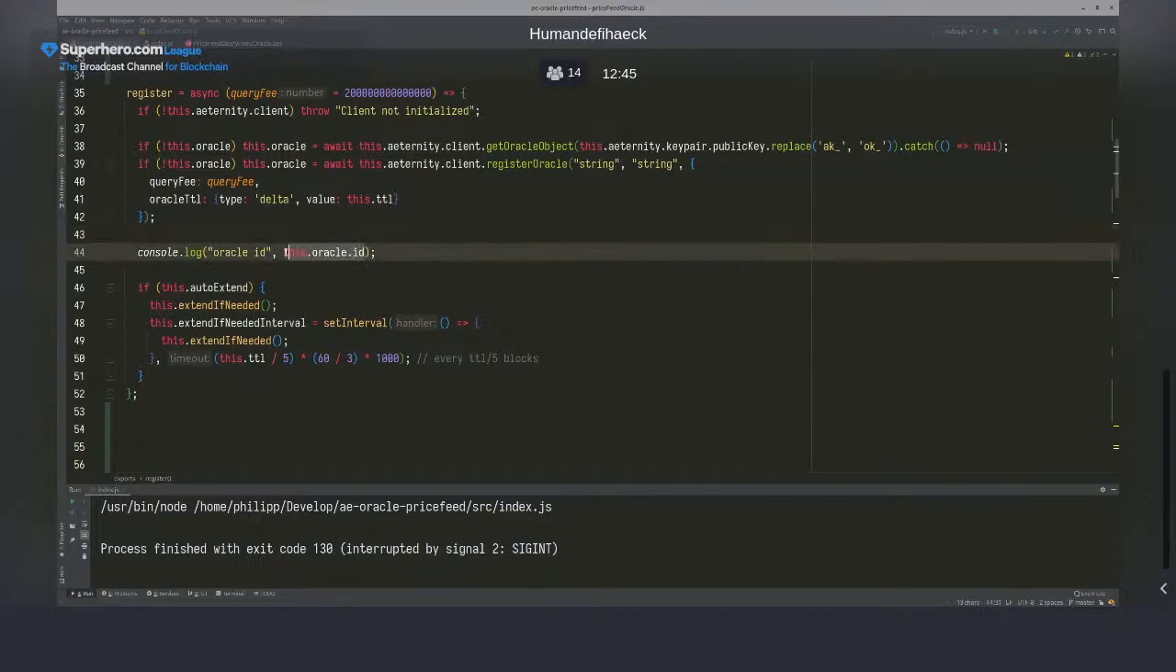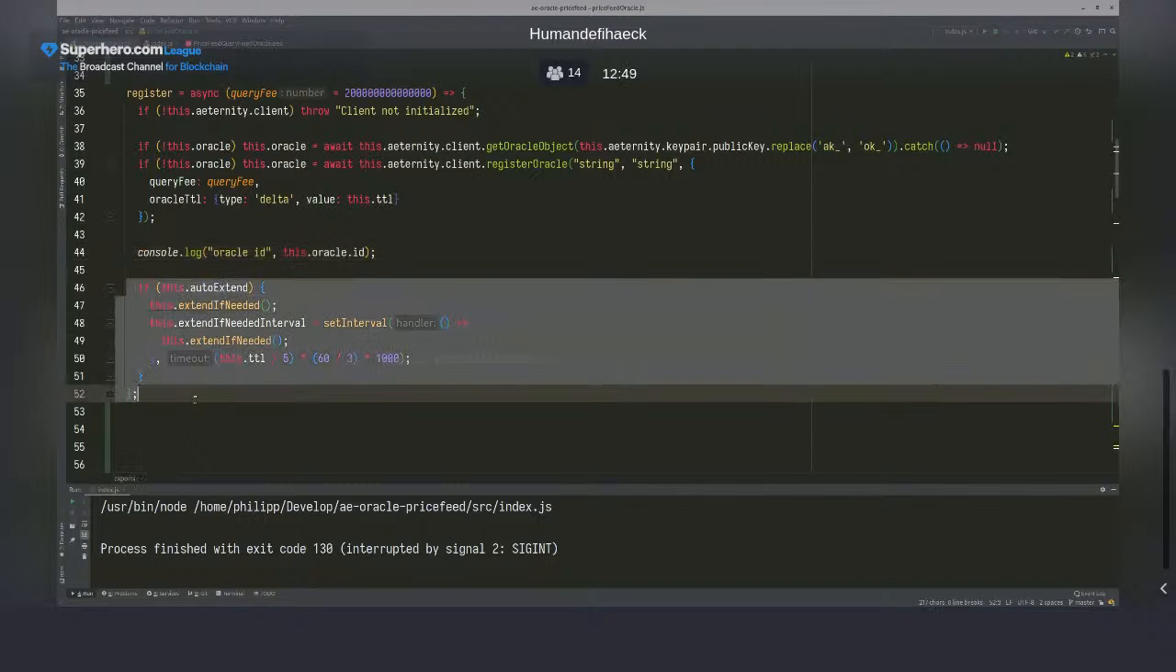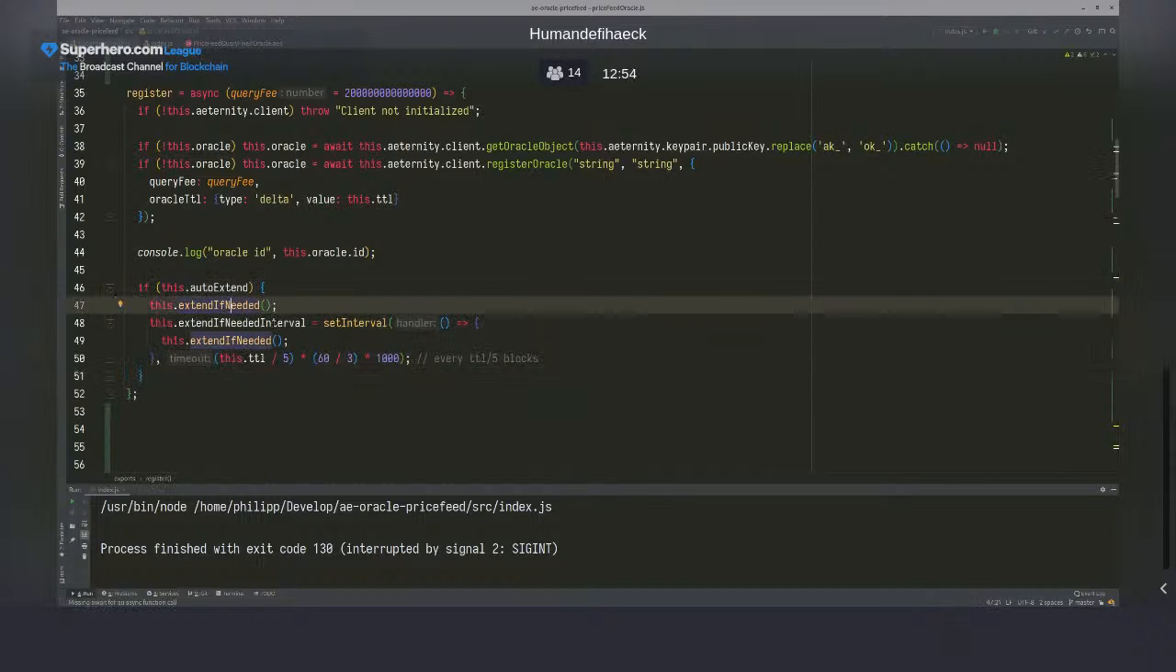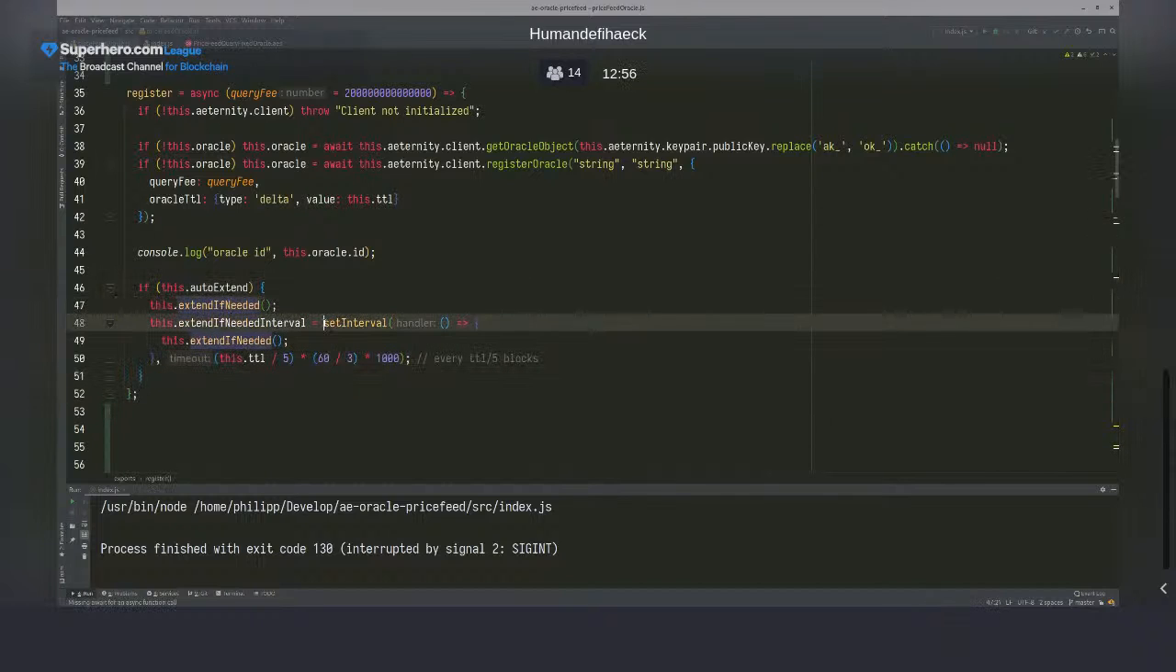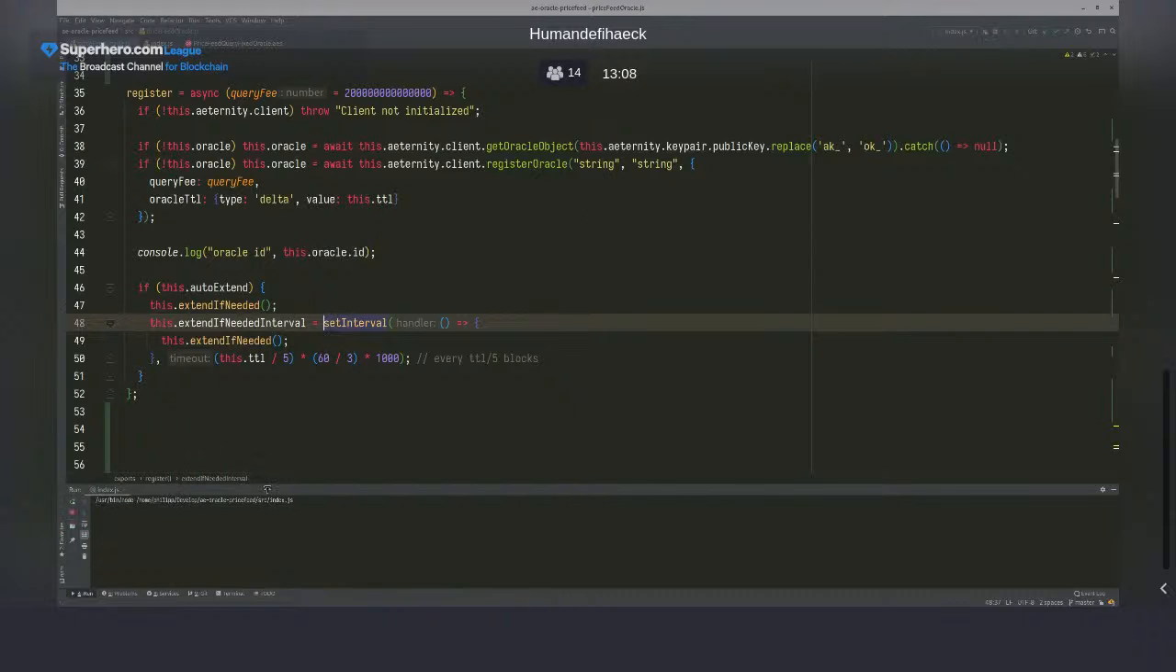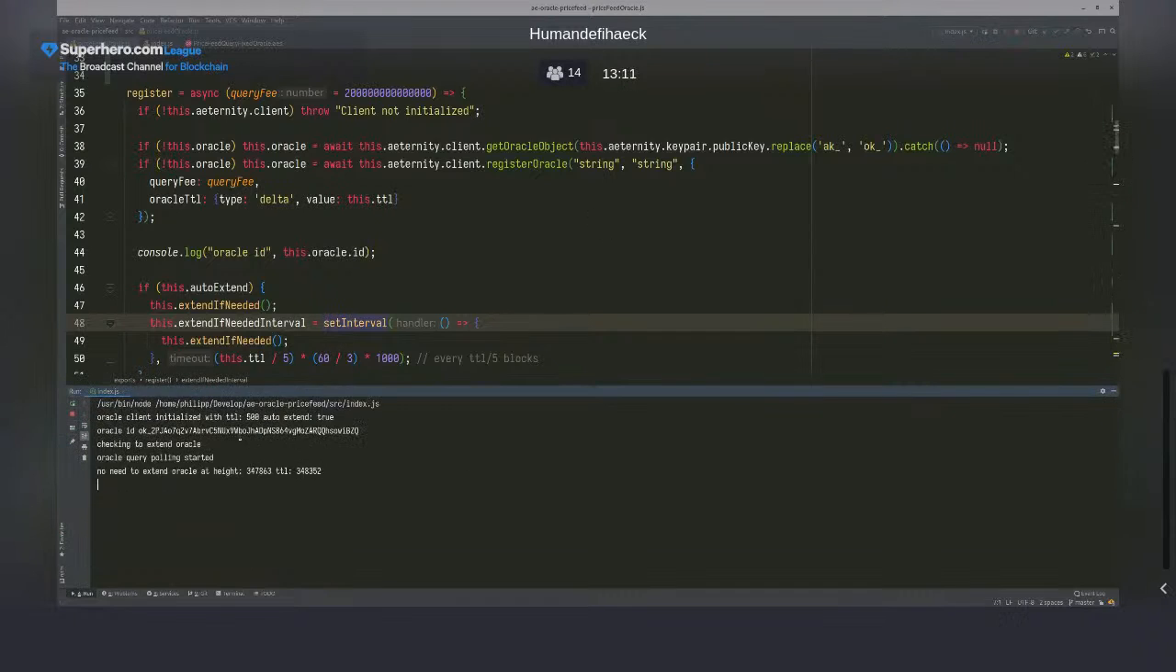Then we can log out the ID of our Oracle. And here I just start an extend if needed. So an interval that just checks every fifth of our time to live: does our Oracle need extending? If so, we extend it. So let's start our Oracle up, and you see what happens when this register method